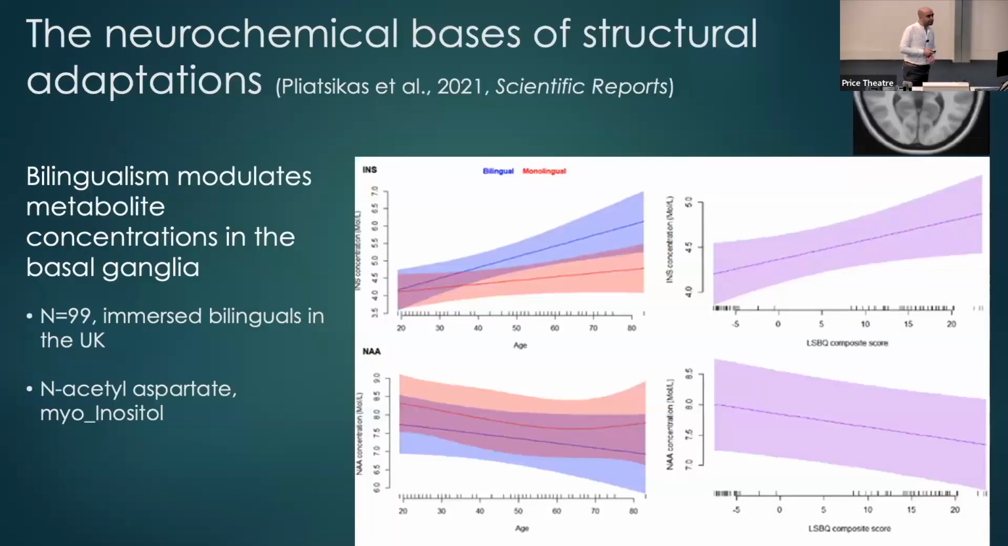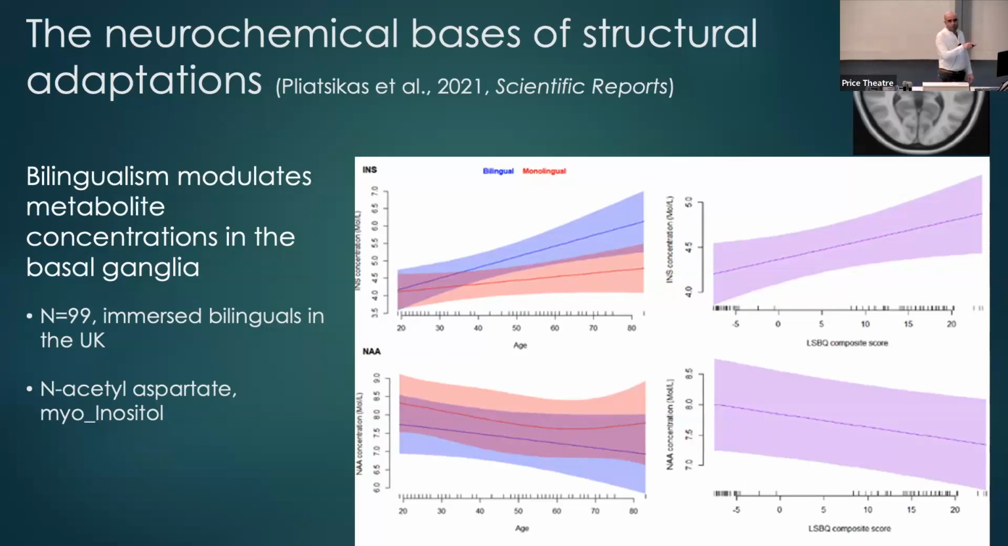in 2021. So we focused on this part of the basal ganglia, including the caudate and the putamen. You will hear about the caudate a lot, right? And we measured the concentrations of myo-inositol and N-acetyl aspartate, or INS and NAA for you and me. So what you see in these graphs is that, so this is the age of our participants, and this is the concentrations of INS in this case. So you find that for monolinguals, the older you get, the higher the INS concentration is. That's an aging pattern. That was expected, right? For bilinguals, this slope is much steeper